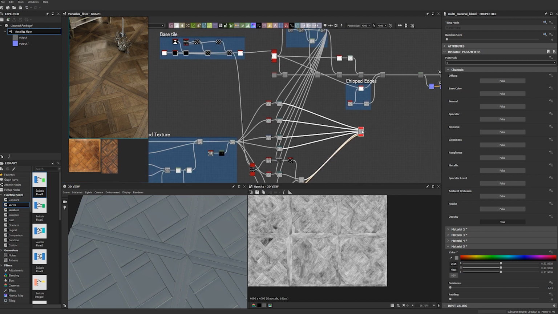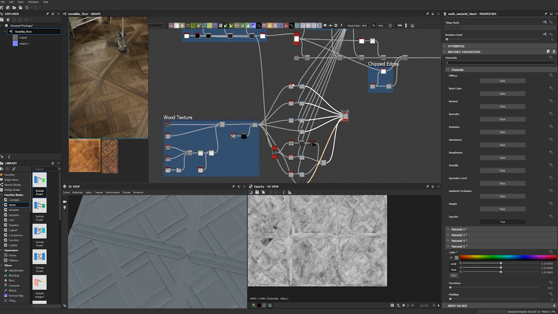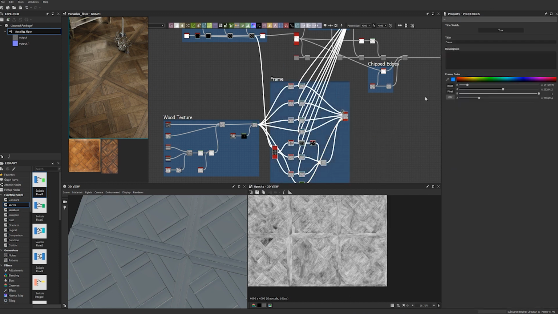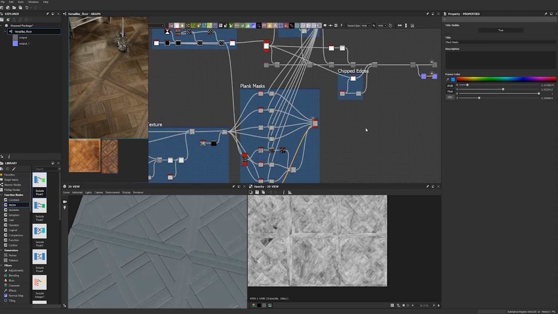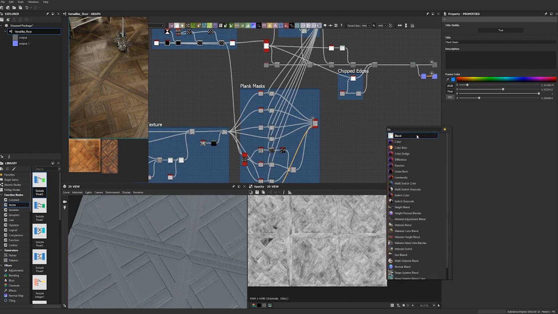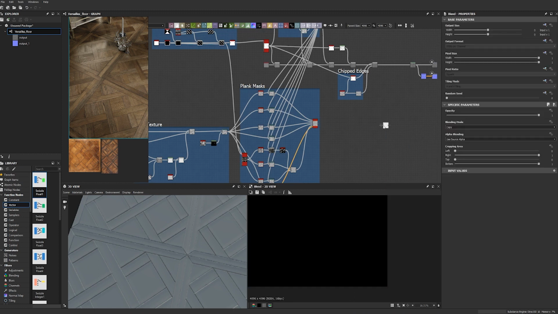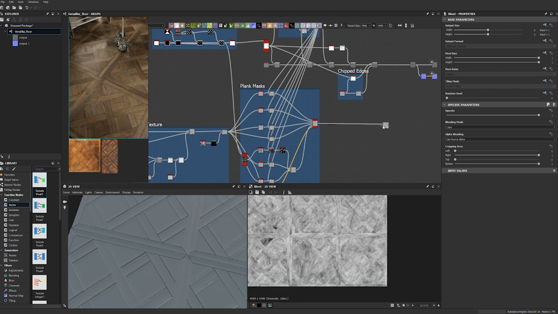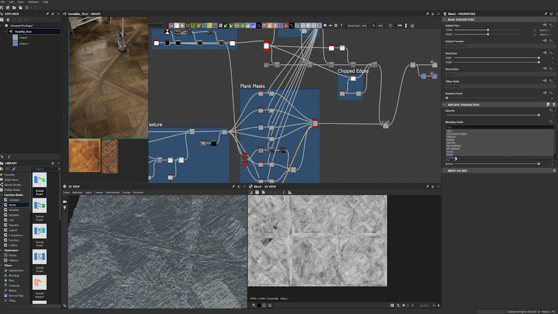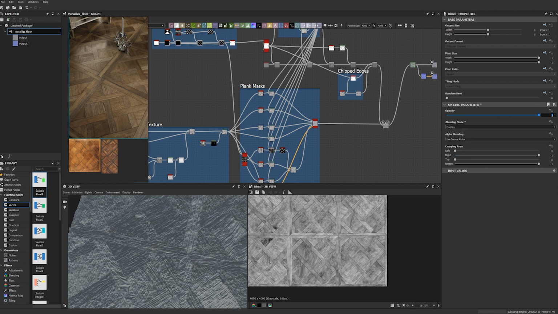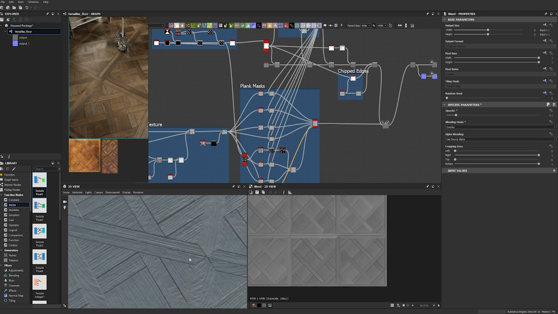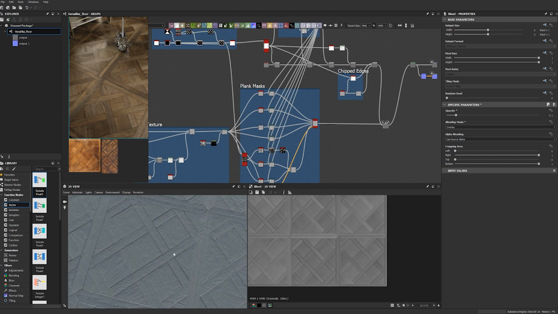So now we can just, I don't know, place it somewhere around here. We can select this and right click, add frame, blank masks, and we can grab blend and blend those on top of our height map base. We can overlay them and go like 0.1. And voila, we have wood